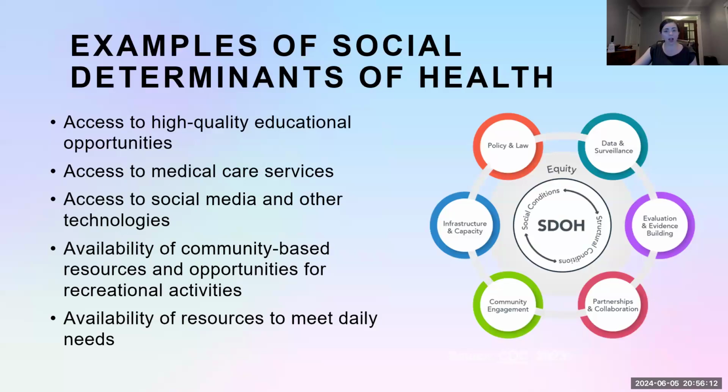We're also going to talk about some really cool examples, some really heartbreaking examples, some really interesting examples of social determinants of health. The idea of how social media and having access to social media can actually be health limiting. The idea that the availability of community-based resources, some things that we may take for granted, the ability to go to a park or be able to be outside, different locales, different weather patterns. We have to think about how everyone's norm is different. Rural versus urban again, right? So we're going to talk about some examples of what influences our health.